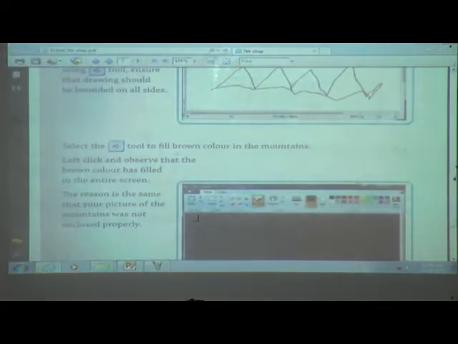If the figure is enclosed, then and only then can we give color to that particular shape. Otherwise the color will spread to the full page. Got it? What is the reason? Because the picture of the mountain was not properly enclosed. Clear?